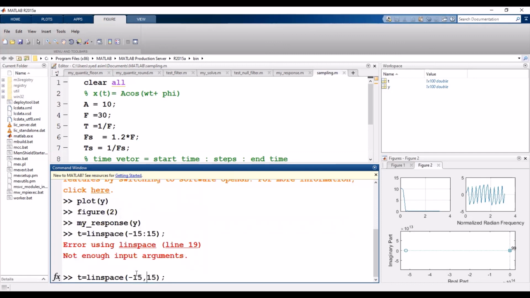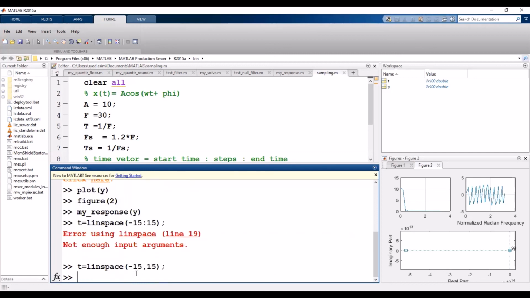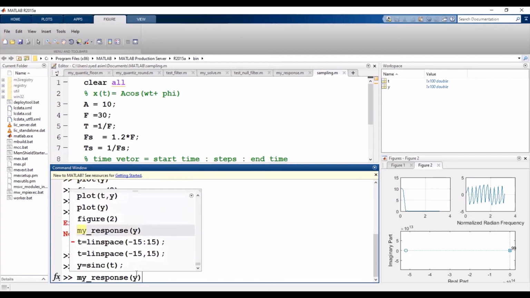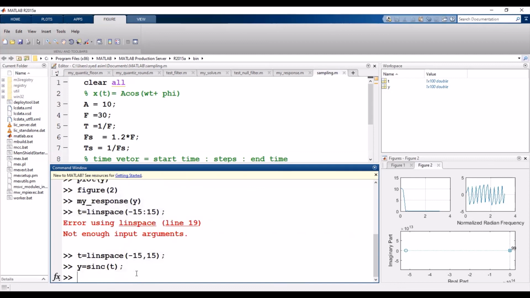If I want to improve this, I just need to increase the number of points. Again this, and my response, and let's suppose,